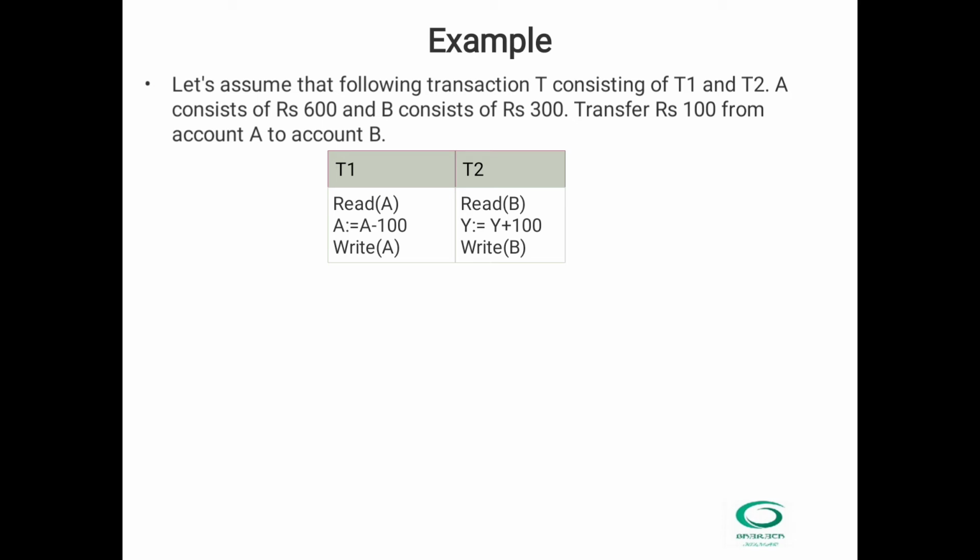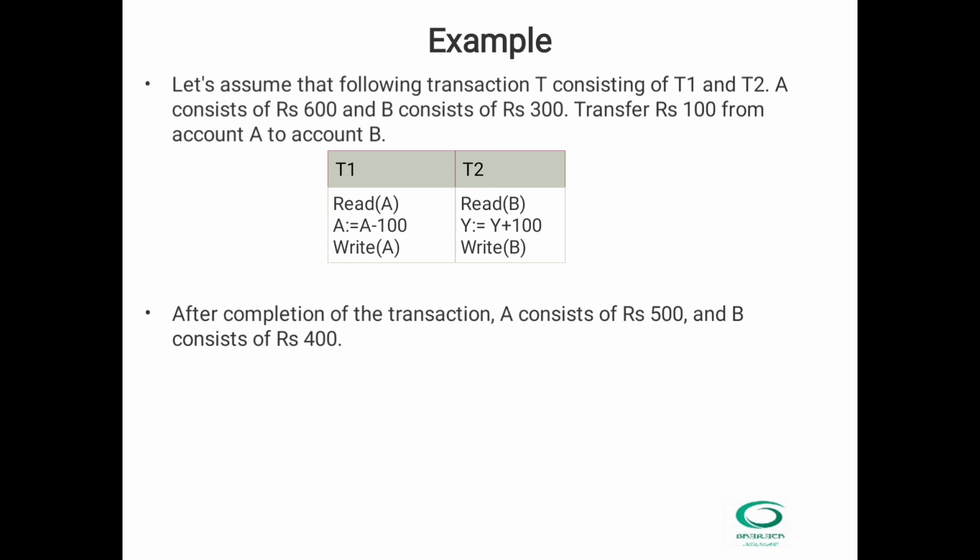So read the original balance of B. Here 100 rupees is received. Actually the original balance of B is 300. Now 100 rupees is received, so it is finally updated. Writing means updation. So now the account balance is 400 rupees. After the transaction, person A has 500 rupees, person B has 400 rupees. The total amount is 900. So that is the meaning of consistency also. It maintains the consistency also.